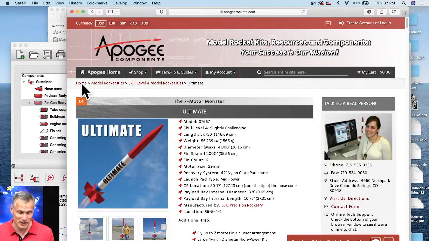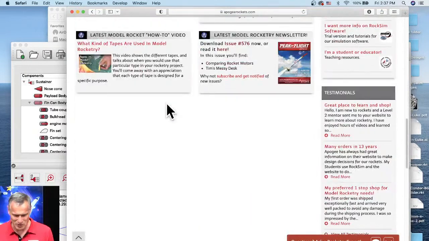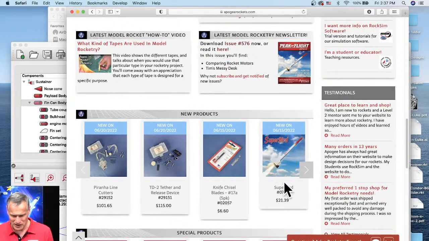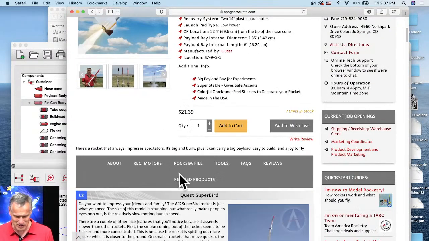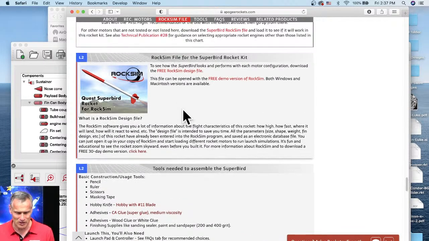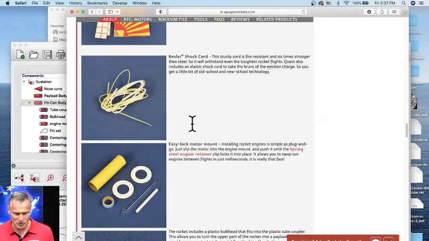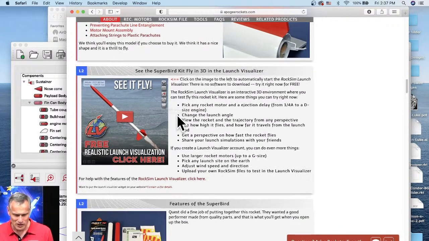How do you know which is the last one that I did? I'll show you how. You go to the home page and you scroll down here to the list of new products, and it was the Quest Superbird. That was the last one that I did, and I did the RockSim file for that. Actually, what I did was I took the old RockSim file, because this is an old kit and they re-released it. So I took the old file, updated it, so that it's now on our website. And you can tell that I did it because I also created the launch visualizer for it. This is the launch visualizer. If you've never seen the launch visualizer before,